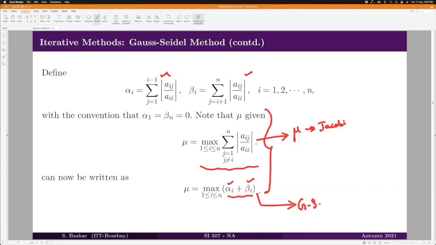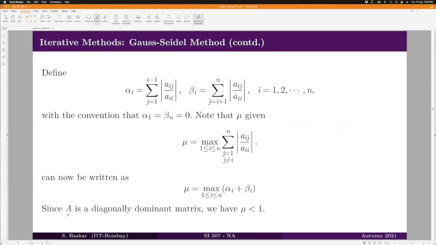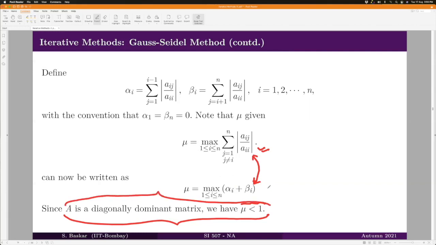We are just giving notations for that because our terms are now separated like this. Otherwise, expression wise, it is same. And therefore, we don't need to put any effort to see that A is diagonally dominant if and only if mu is less than 1. Because expression wise, it is exactly same. Only this is rewritten like this in order to take care of our present situation in the Gauss-Seidel method. Otherwise, they both are same. Therefore, this result remains exactly same even for the mu that we have here, right?